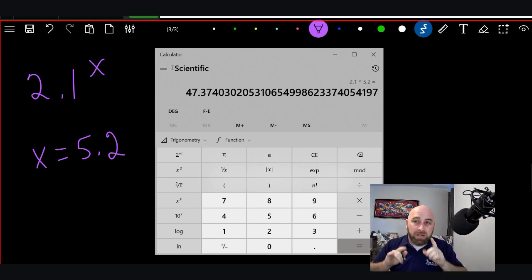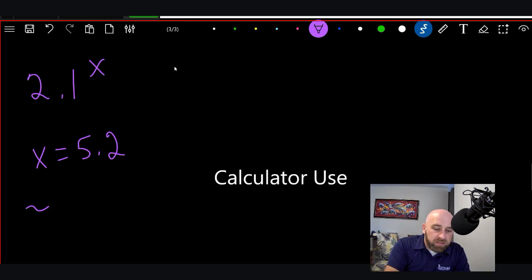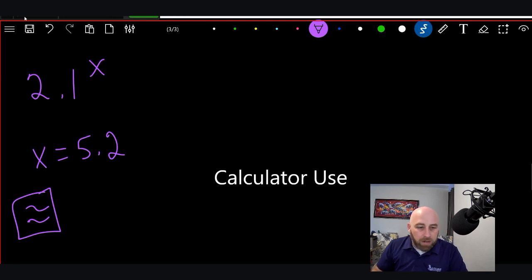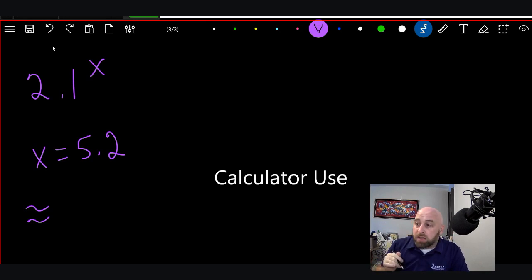What does that mean? It means that this gave us an irrational number, right? Well, the book says round each value to 3 decimal places. So we want to write on this that it's about equal to. This sign that you're going to use kind of looks like bacon, all right? That's what I say. I say bacon is approximately. So put your bacon on there. And then it's approximately